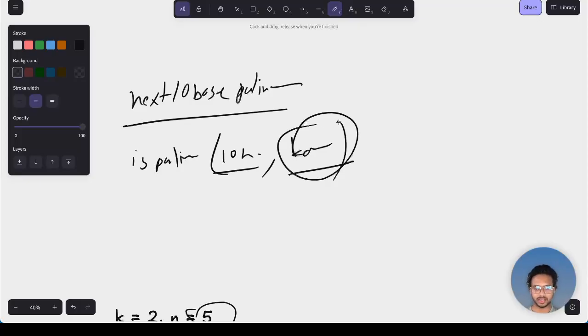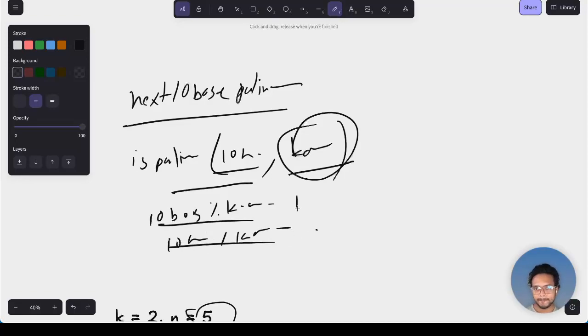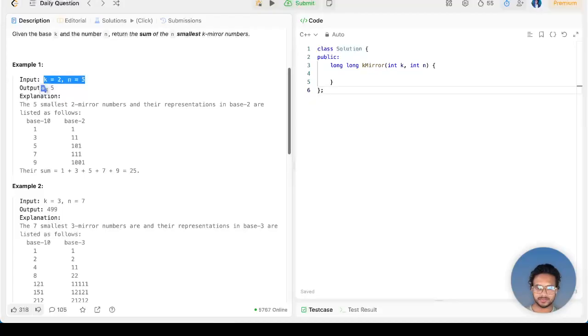And how can you find base k? Just take the base 10 number's remainder by k. You will find a number, store it in an array, and then every time divide the base 10 number by k, like this. So if I do code here,